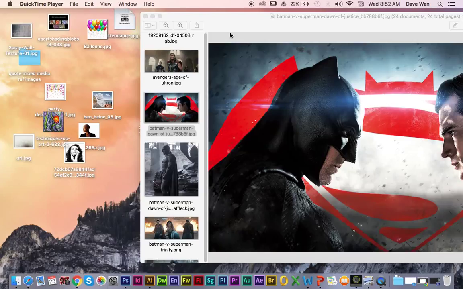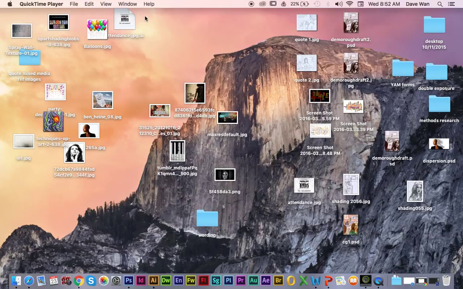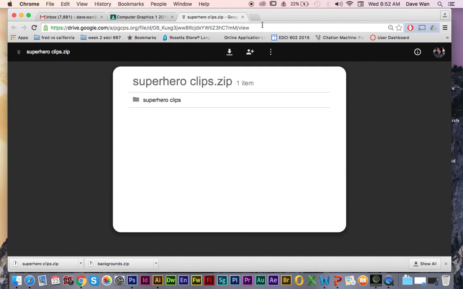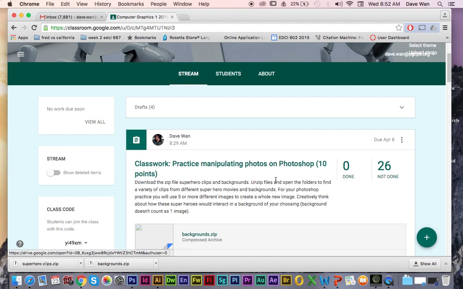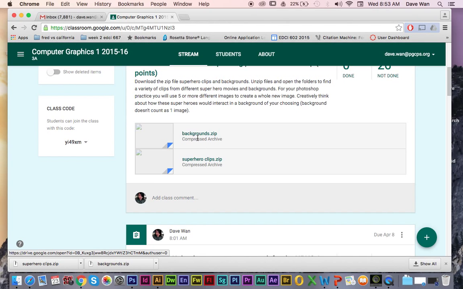Alright, this is going to be the tutorial on how to manipulate your images in Photoshop to create a superhero-like scenery. To begin the process, you want to go to Google Classroom, and under the classwork assignment, practice manipulating photos on Photoshop, you want to click on the